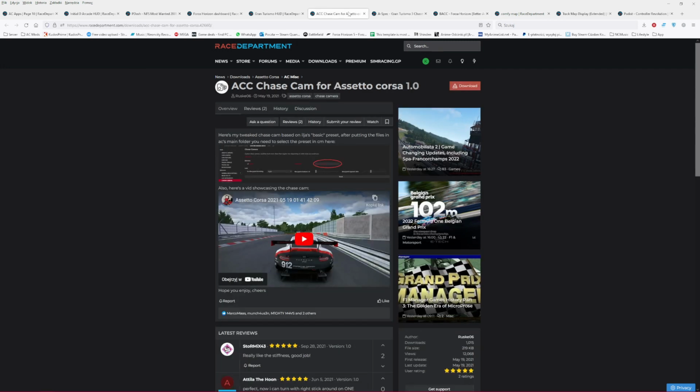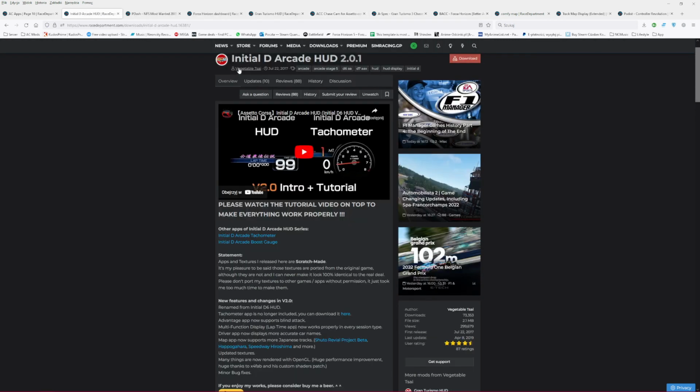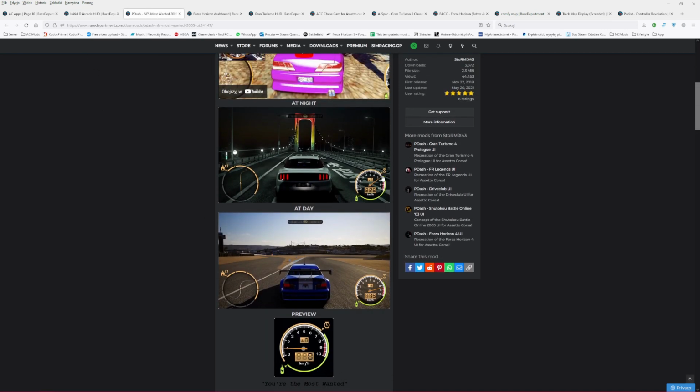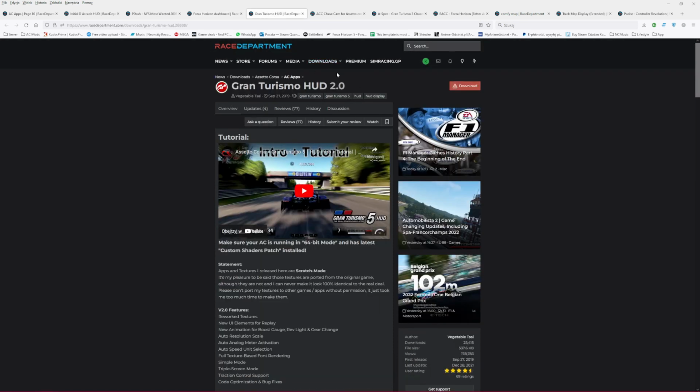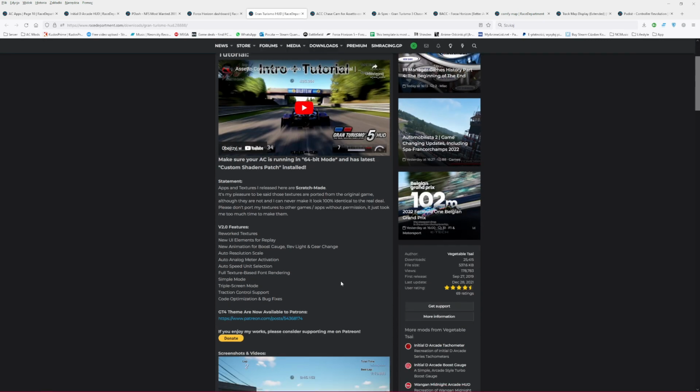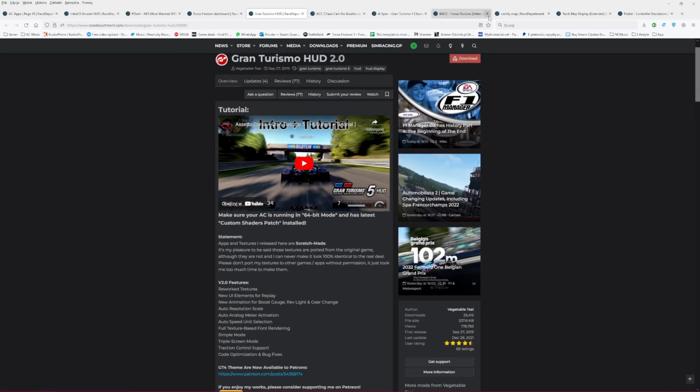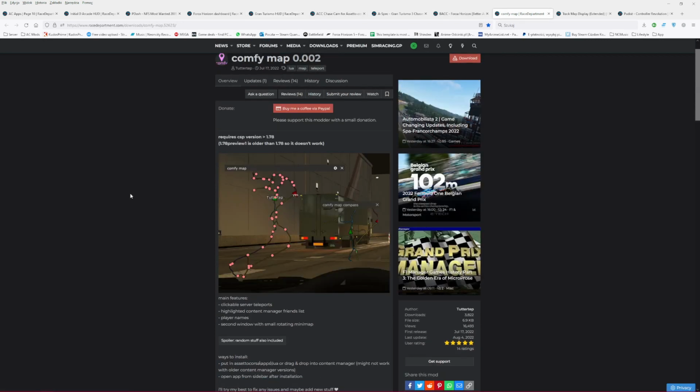And you could also need some kind of tachometer. I use Initial D Arcade. There is a bunch of different ones from Initial D games, but there are also Need for Speed Most Wanted, Forza Horizon, Gran Turismo HUDs. So there are a lot of different options, and if you want to just drive, I recommend you download